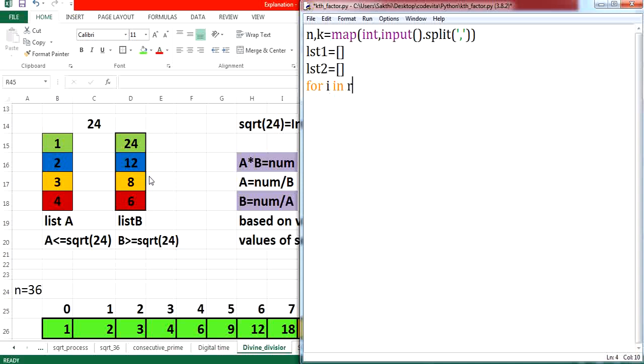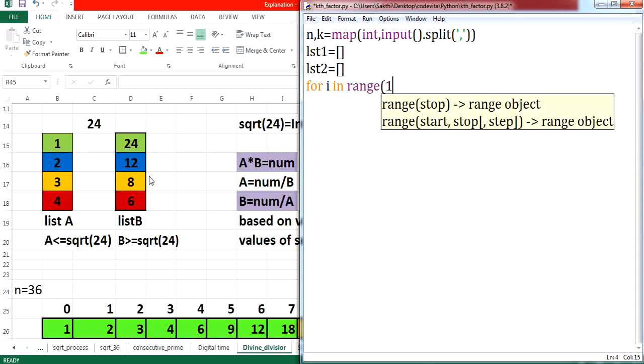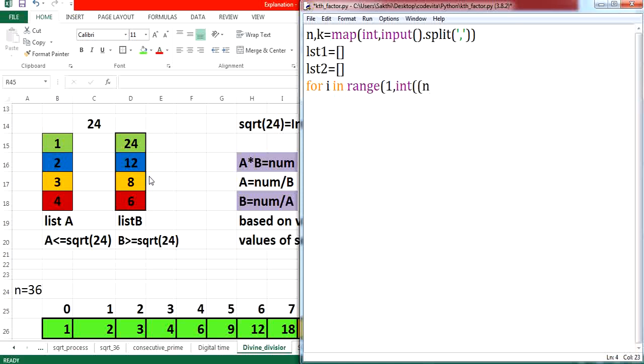Now for finding factors, let me write a loop. For i in range. And what is the range of your iterator? Your iteration is going to happen starting from 1 till the square root of a given number, right? For the square root of a given number, either you can use the sqrt method or you can go ahead with an exponent of 0.5, which gives the same meaning as square root. Clear? And if I use 0.5, I am supposed to mention square root plus 1, since your for loop will execute only till the given number minus 1.